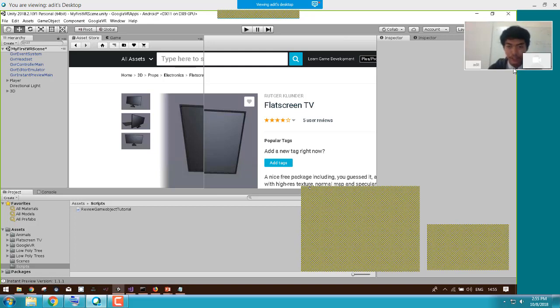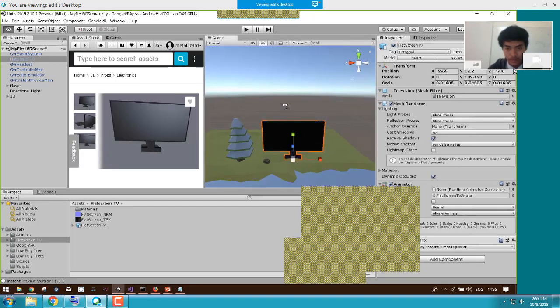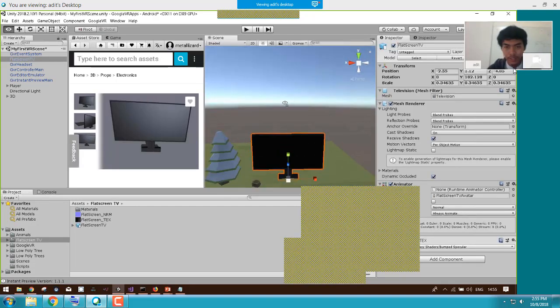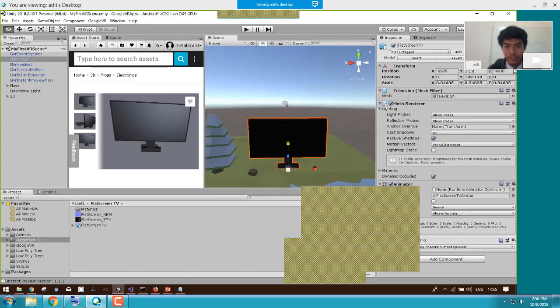Let's rotate it around, for example, and make it a little bit smaller. And yeah, we have some TV in our forest. So first things first, let's save our scene and get back to an empty scene to